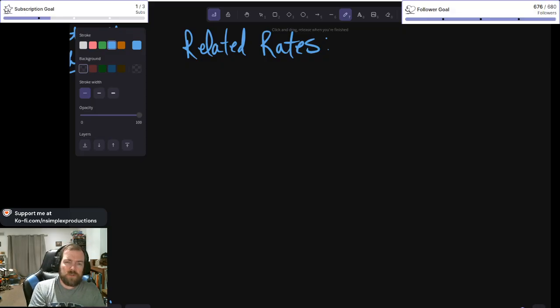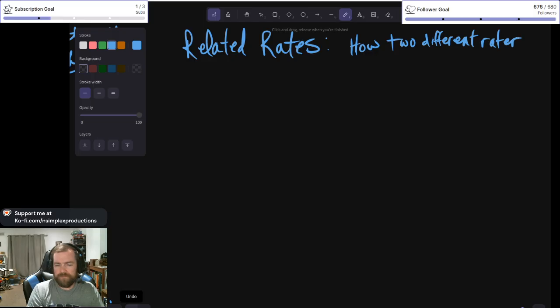Related rates are just going to talk about... so for instance, if we had the old classic one, if a ladder